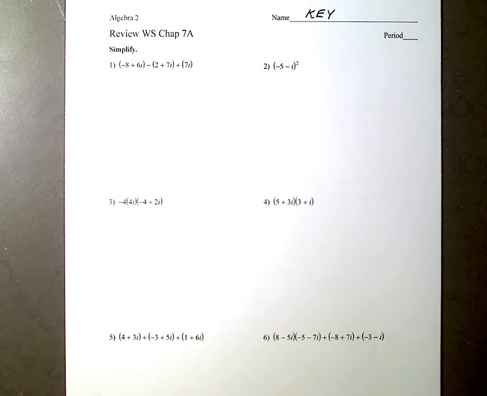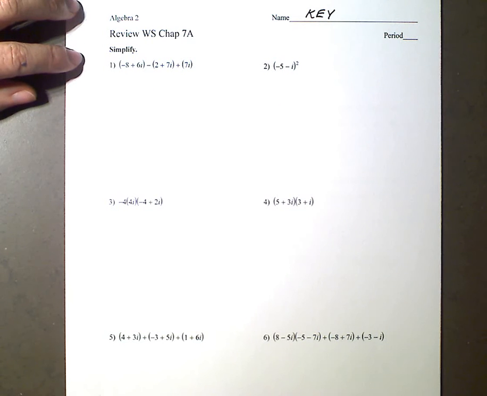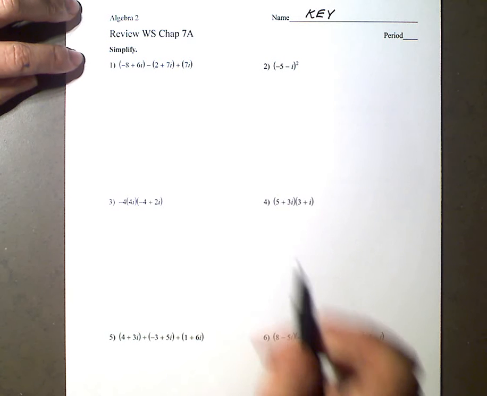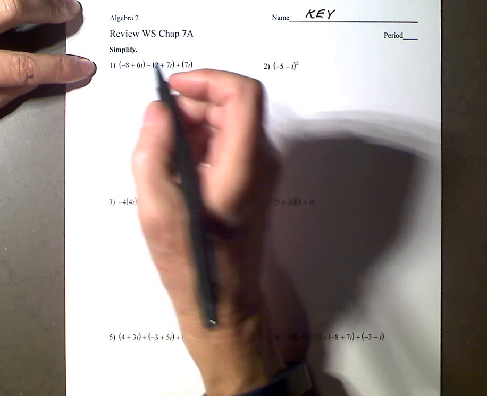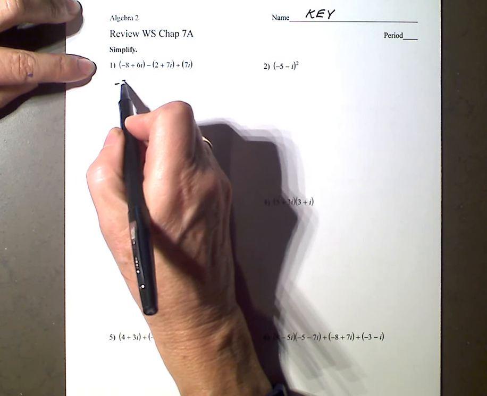Okay, this video is a key to page 1 of your review worksheet for Chapter 7A, and I've got all the problems completely spread out on this sheet, which are not spread out on your sheet, so I can show all my work. So in this one I'm just adding these three numbers, so it's really just one long addition problem,